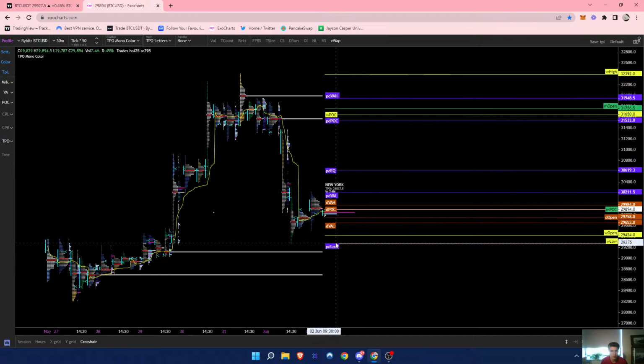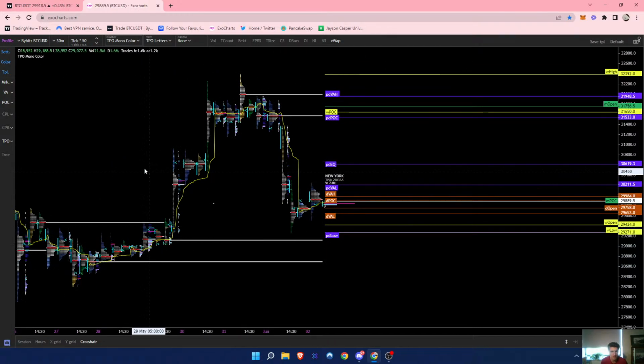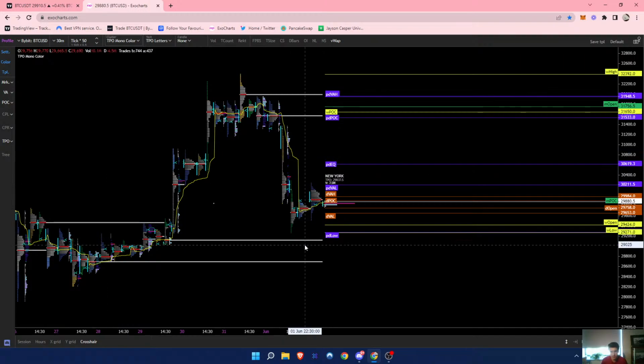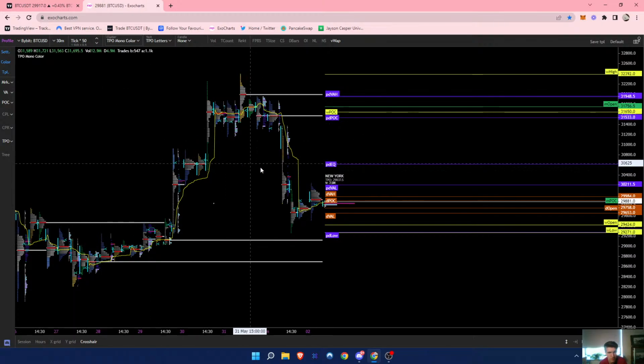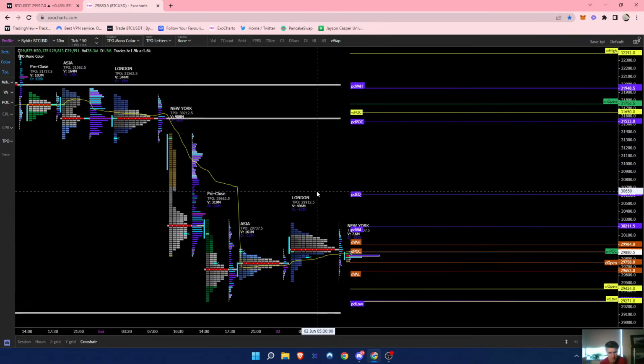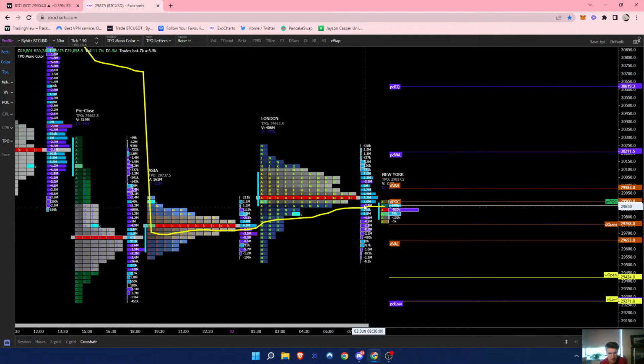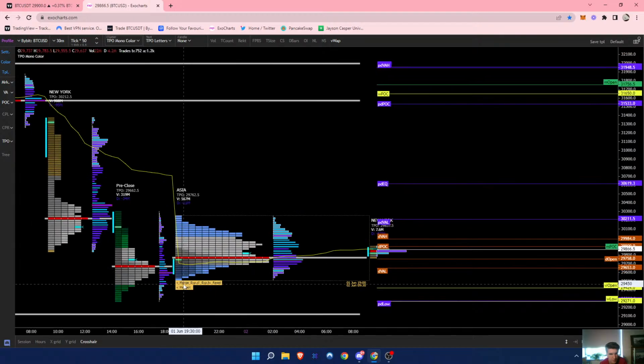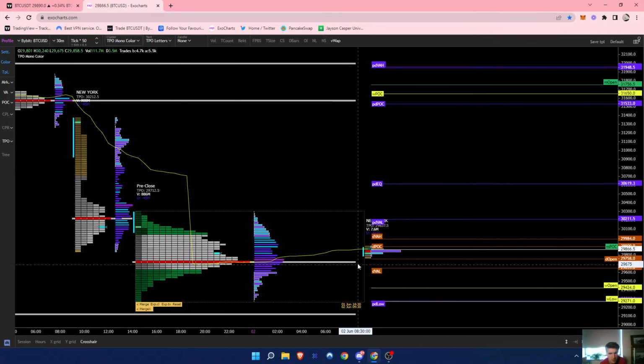I'll just mark out those, so anything extended. And again, I only look at newer price history, so I don't look at anything that's over a week old, as a general rule of thumb. And then of course I'll merge sessions together that look the same. So I'll just merge these two together, and here you can see the general point of control, or the general